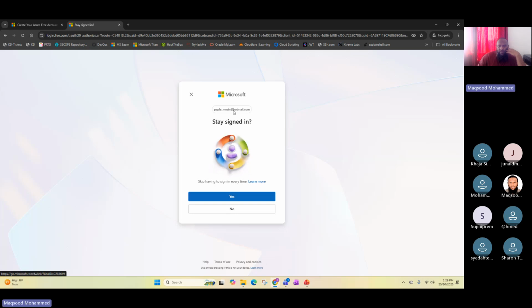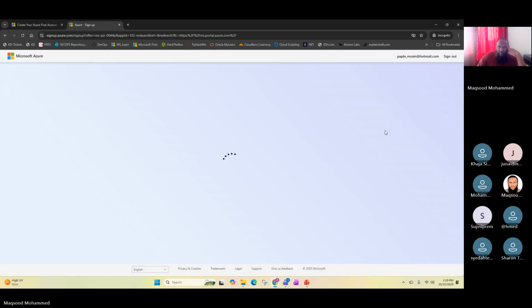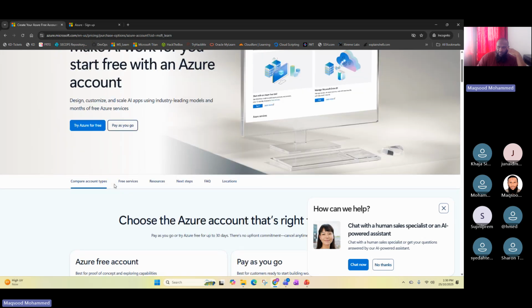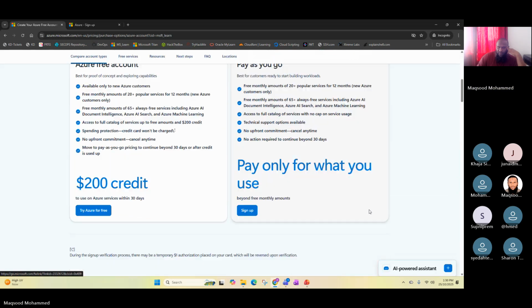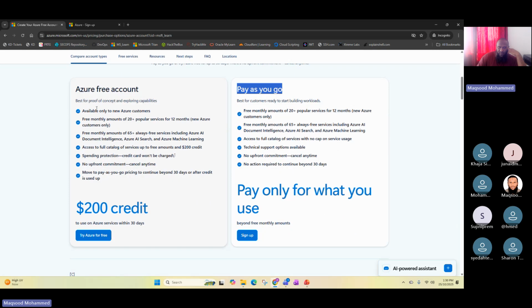I already have the account, a Hotmail account. So you either need a Hotmail account, Outlook account, or Microsoft Live account, one of the accounts which you can use to register for Azure access. Once you have the account, you can go for the sign in option, or you have to sign up with the sign up option here. Pay as you go, Azure free account. So you can see here,